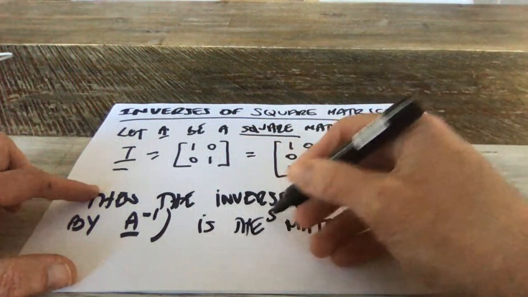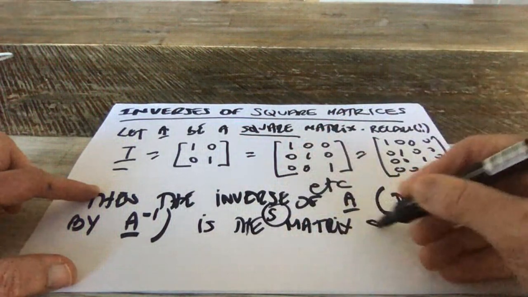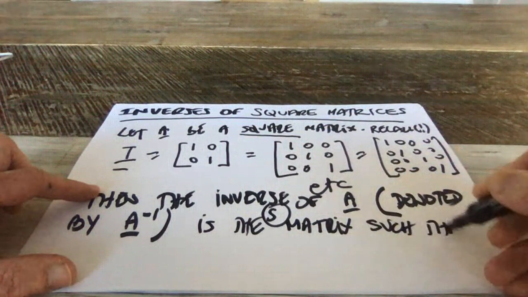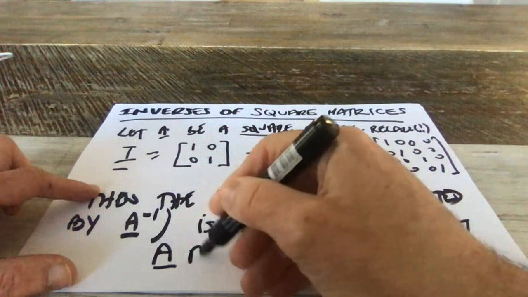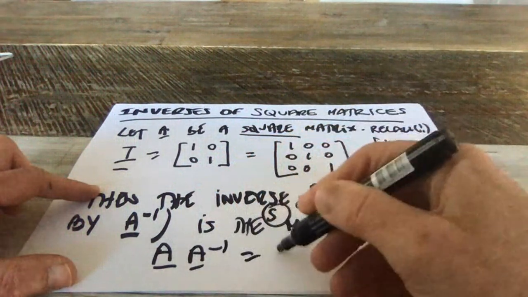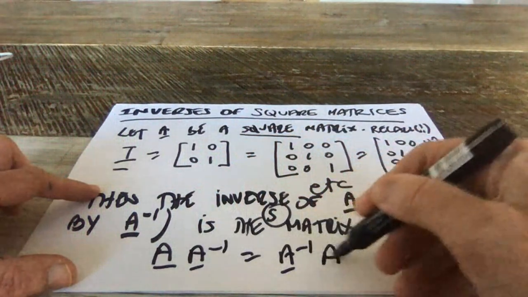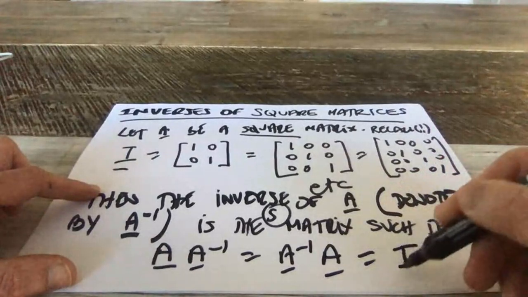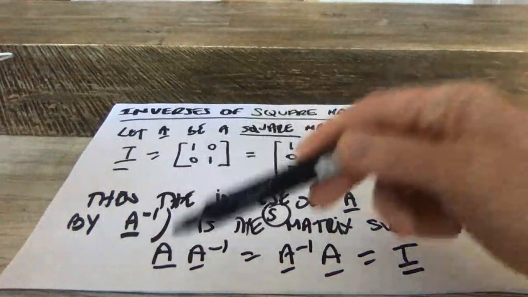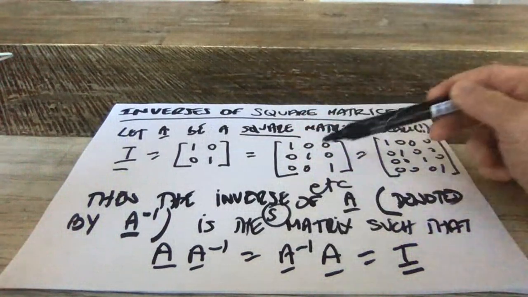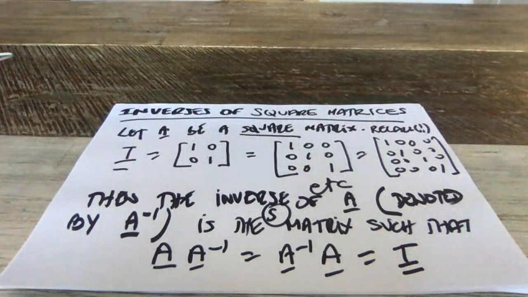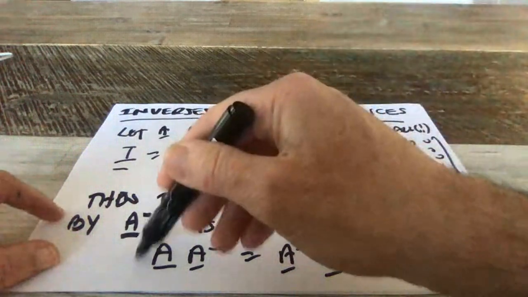A A inverse is equal to A inverse A is equal to I. So if A is a 2 by 2 matrix, then you're going to get this one up here. If A is a 3 by 3 matrix, you're going to get this one here, etc., etc. Now, if you look at this idea here,